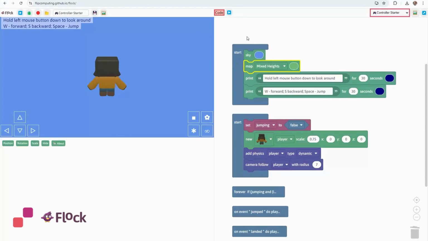So I've got to be really careful here, and I've got to make sure that my character is in a high up Y position. So the Y position is to do with the height. So I'm just going to change that to a 10 instead, and then I'm going to press play. And now you can see with this terrain, because it's got quite a tall part to it, I now land perfectly on this terrain. But if I try another one, let's go for checkerboard, you'll notice that now